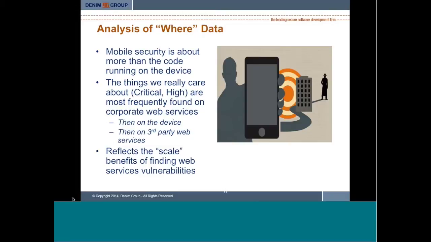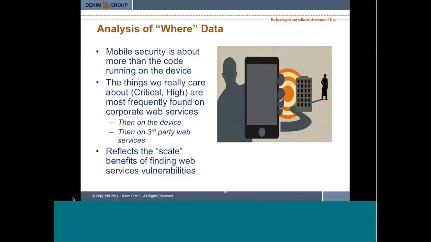Assuming that you don't have a permissions problem like Android or something, you say, okay, well, this means that this person has to either sell the device on eBay, they have to lose the device, they have to have the device stolen. Somehow that device has to fall into the hands of a malicious attacker. And maybe that's a targeted attack where somebody goes and steals a particular device, or maybe it's a kind of trolling attack where people buy stuff off of eBay to see what they can find. So there's obviously a very significant impact, but you're losing control over one account or one user of the system